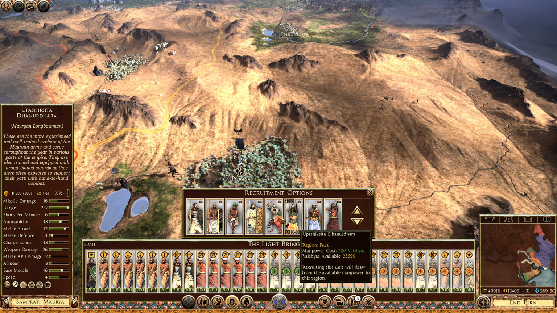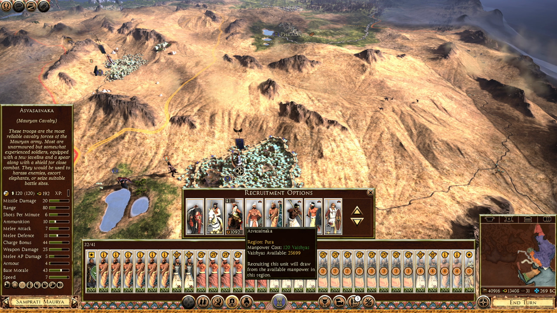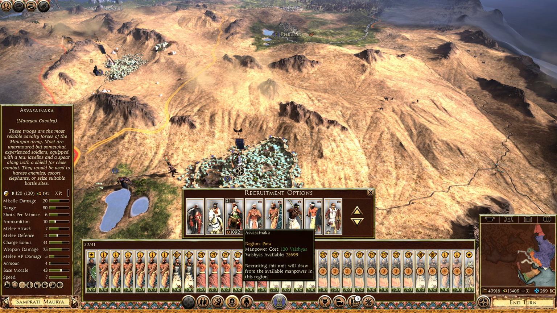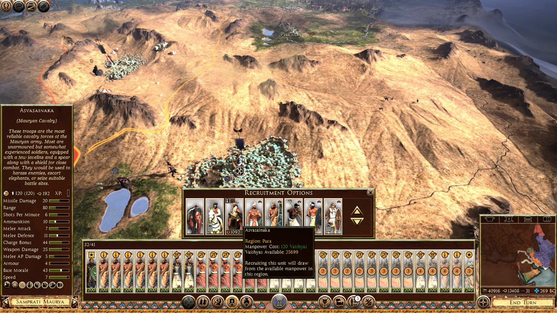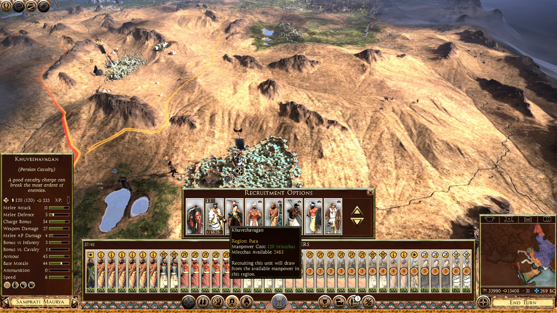I just don't really know that I want lancers or anything. I could do 2 different wings, 3-3 maybe. That'd give me 6. Then I would only have 3 elephants, right? I could do a wing of 3 javelins and 2